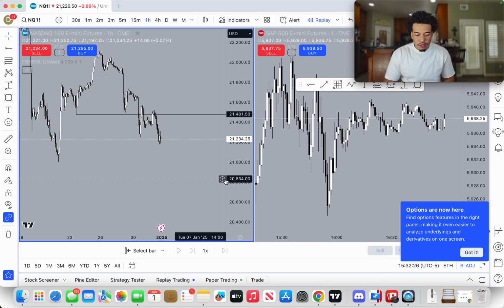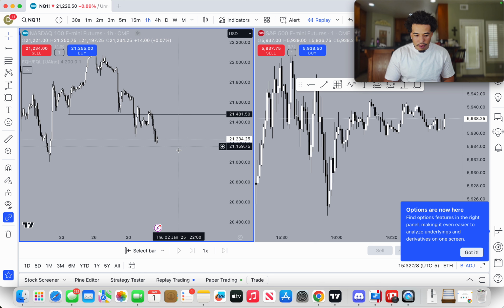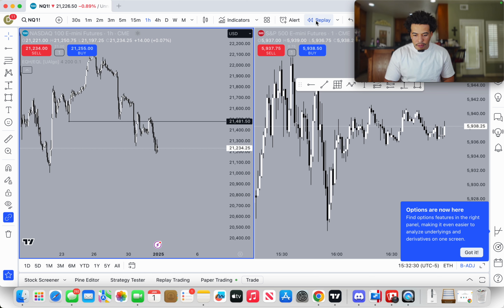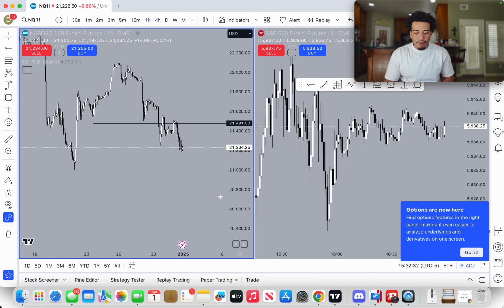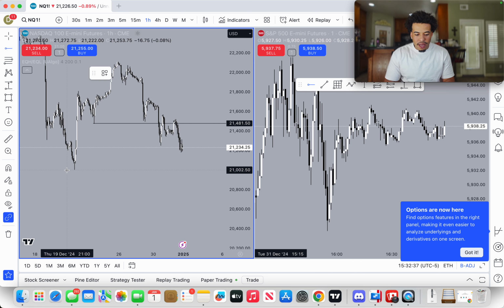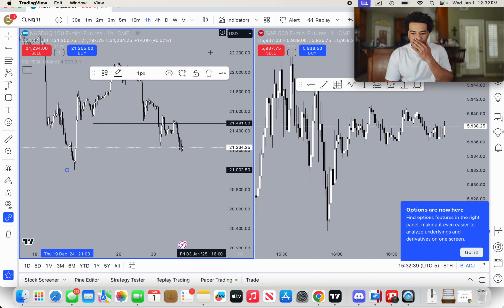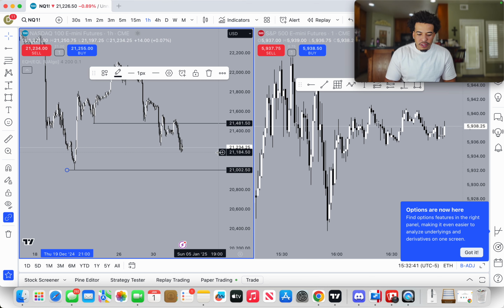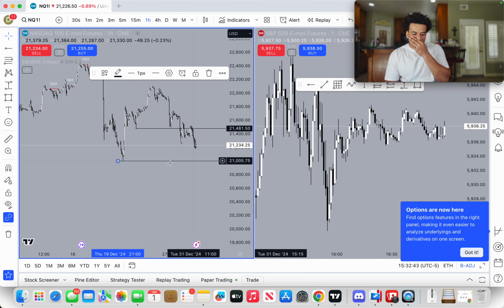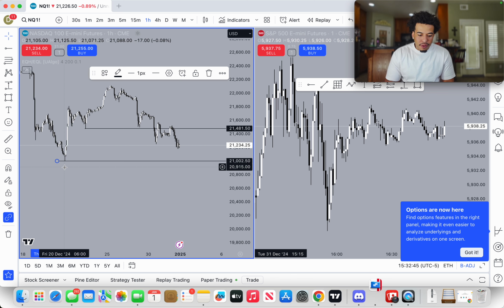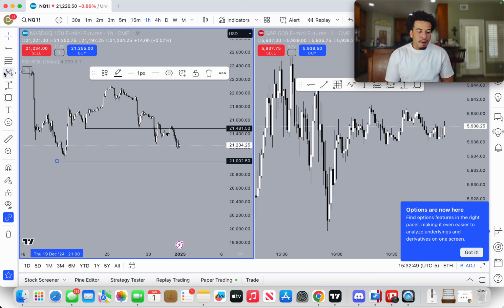Now let me see. Am I on market replay? Let me turn that off. Okay, so even though it hasn't got hit yet, now I know coming into next week, or after New Year's, once it hits 6 p.m., because the market opens back up at 6 p.m., I could step back and see this low right here. I bet you when this video drops, you guys will see that